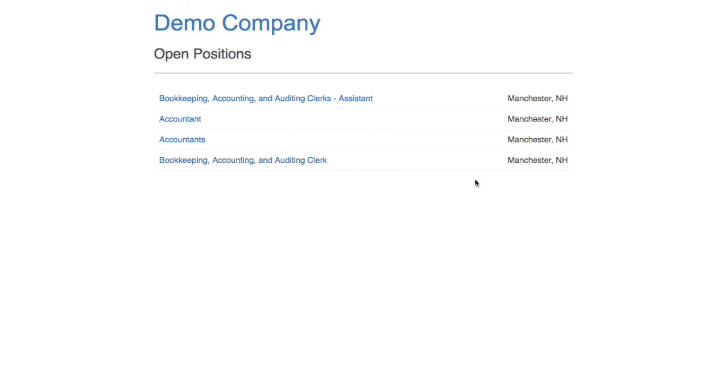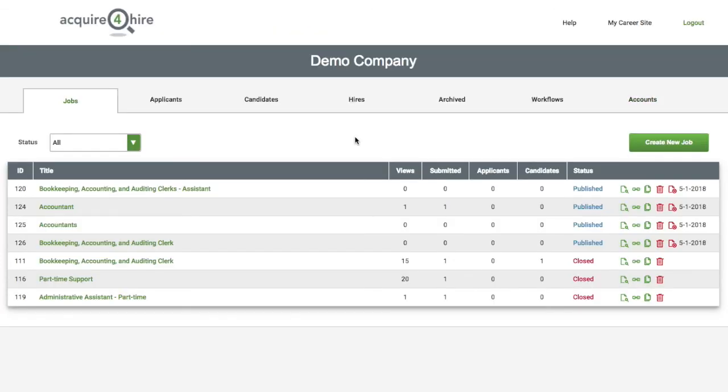This is something that you can easily embed on any website from an association view or from a specific member view. We hope you see the benefits of Acquire4Hire for a small business